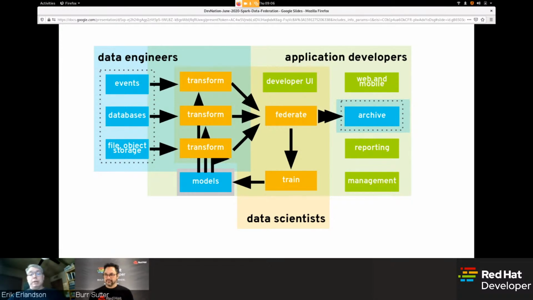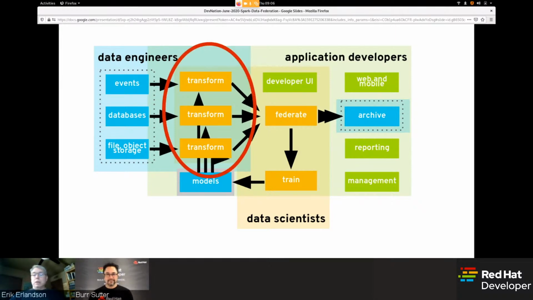They interface with data scientists who also obviously have a big interest in how the features are being computed and assembled. They do the training, and then, of course, you actually have to hand it off at some point to application developers or IT, where they take the raw materials and actually deploy these things for end users.